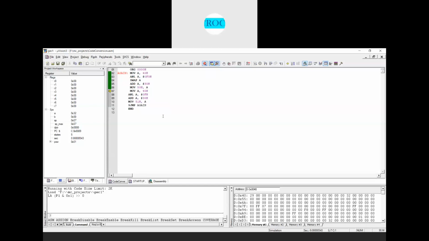Next again, MOV A, 40H. Again I will take the packed BCD number, which is 29. The accumulator is having 29. I'll perform the AND operation with 0F, so that in the accumulator I get only 09. To this unpacked BCD number 09 I will add 30, so that I get the equivalent ASCII in hexadecimal, 39. So the accumulator is having 39, right?